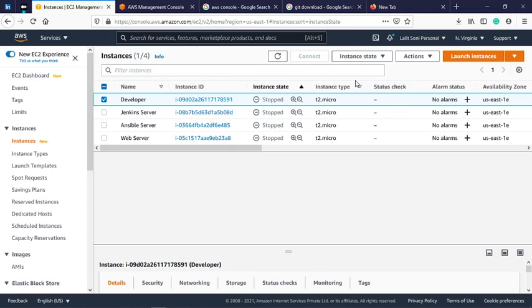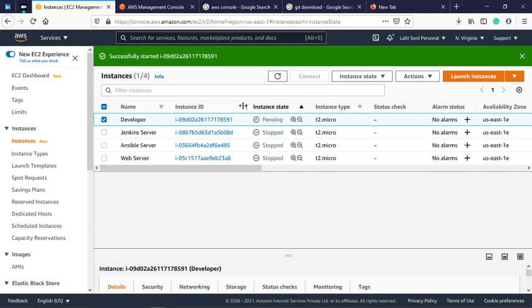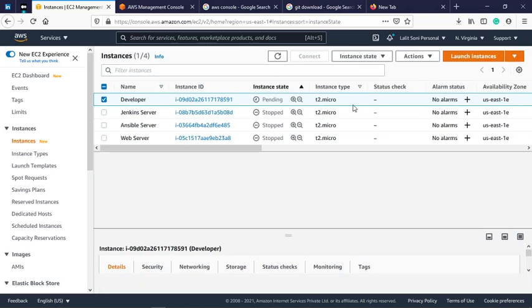We will start this instance right now, just to show you. The state is changing to pending, and it is starting our virtual machine on the cloud, which is set up in an AWS data center somewhere in the world. It is in pending state right now. After it starts, the instance state will change. See guys, this is now in running state. So now I will show you how we can make an EC2 instance.